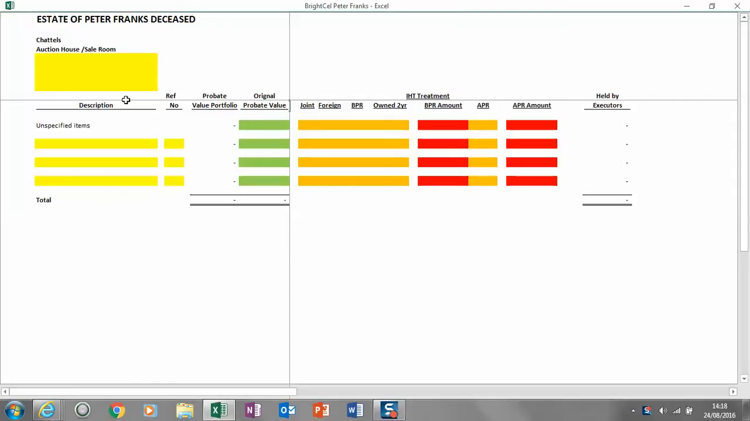So here we've got Peter Franks. Peter Franks was a diamond smuggler and he drove a rather nice Triumph Stag, which for today's money was £4,500 at date of death. He had a small bag of diamonds, let's say market value 50 grand,